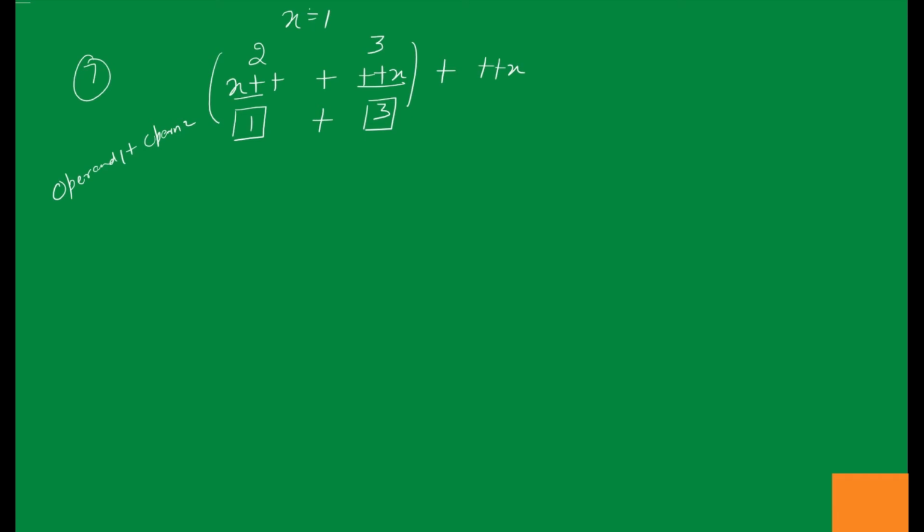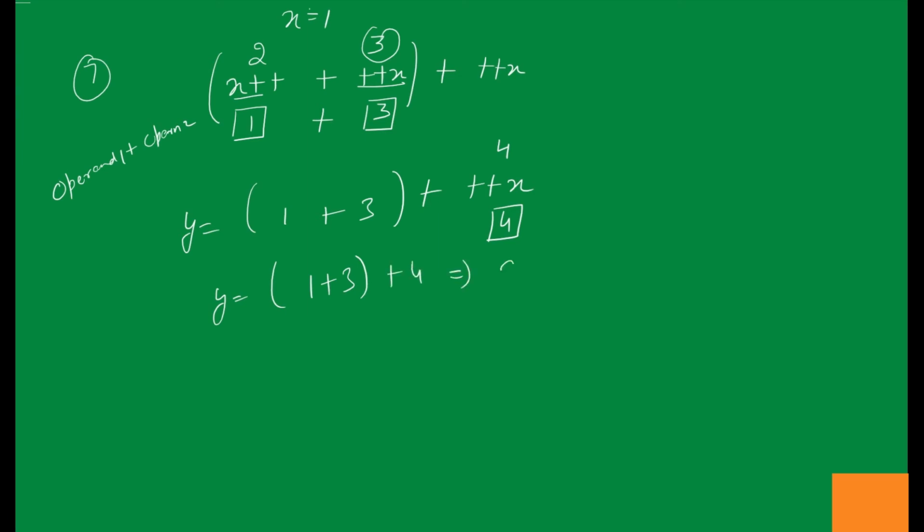So likewise, from here we will get 1 plus 3, and what is the current value in x? This is 3 only. So here we are left with this. We are going to increment it first because this is prefix. So after this it is 4 here, and we are going to assign it immediately. This is 4, so the value in y will become what? It will become 1 plus 3 plus 4. This is 9, right? And the value in x will become 4 only, right? Okay, not 9. This is 8. So this is 8, and x is 4.